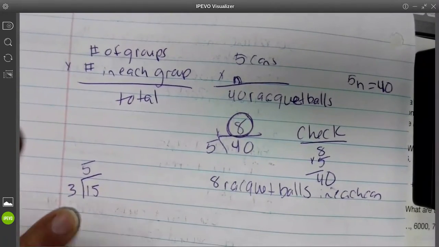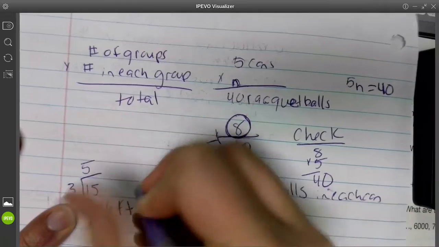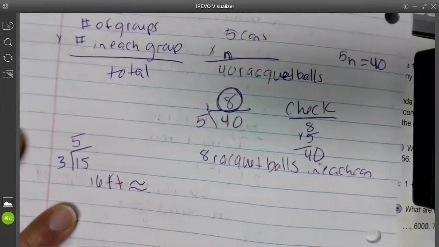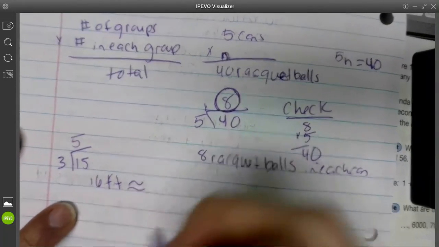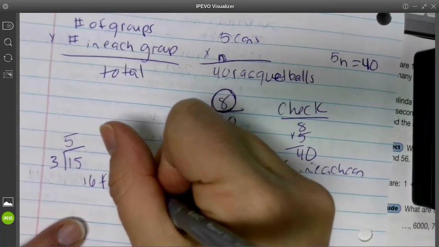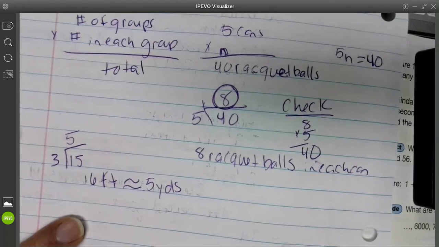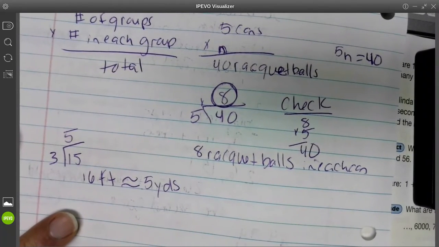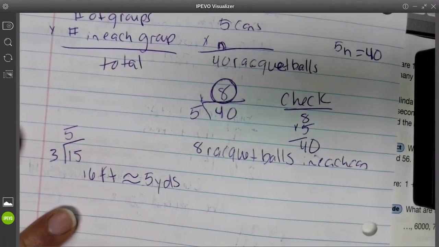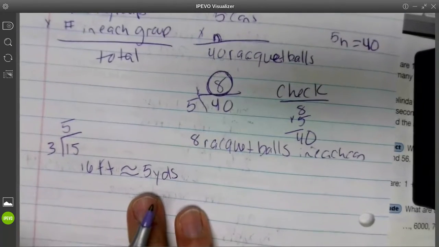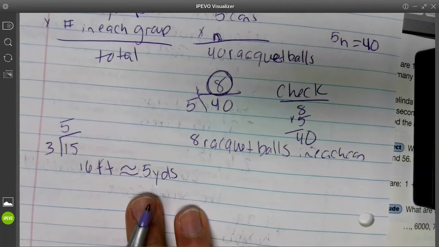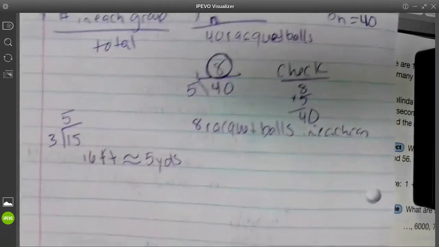So we find that 16 feet, and this is a symbol for about, the crooked or swervy equal sign, 16 feet is about 5 yards. So there is enough fabric to make this costume. Okay, in this situation. All right, we're going to do one more,